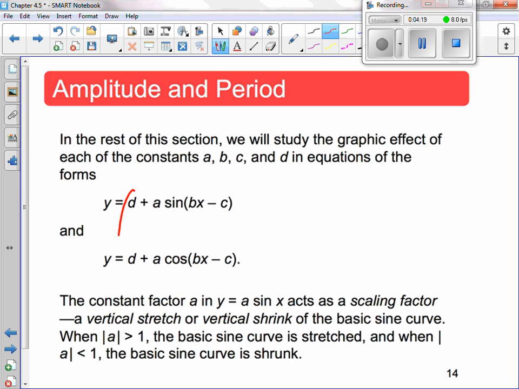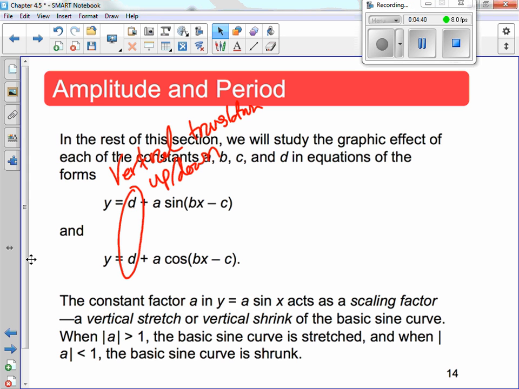Now, the plus d should be something we're familiar with. This is a vertical translation. It's moving it up or down. As I've mentioned on and off throughout most of this chapter and before, the maximum and minimum for sine and cosine is between -1 and 1 if we don't do anything to it. So on both of these here, if we added 3, well, the